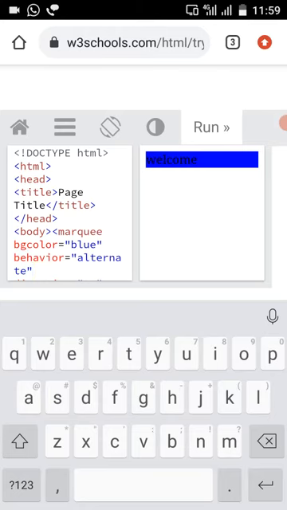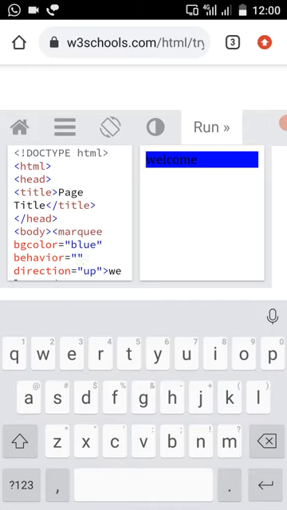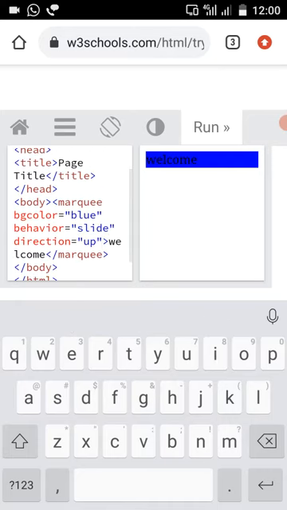Here the outcome was not displayed because the height of your marquee is too small. Here I am changing the behavior to slide, and the direction towards up.